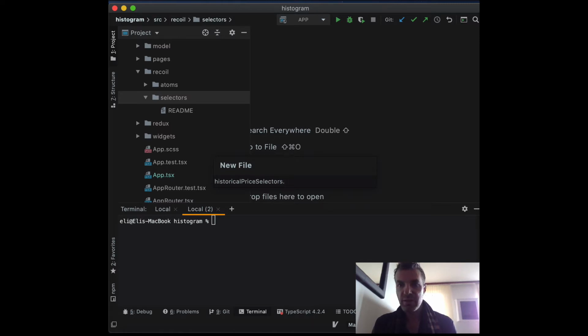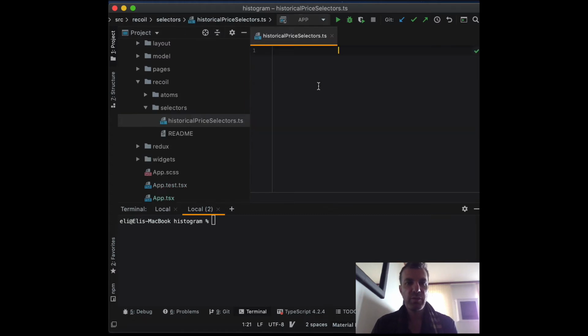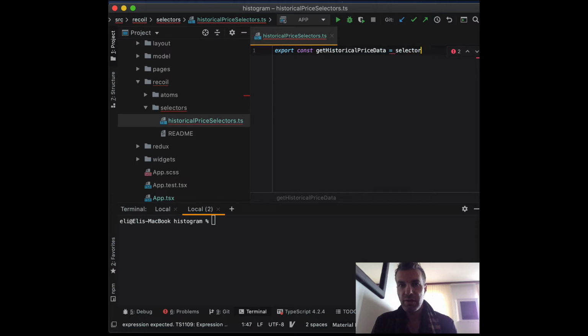I'm using selectors and not selector because you can put several selectors in each file, so it's a good practice. What we're going to do here is retrieve our data. In terms of Recoil, we need to create our function, and let's call it getHistoricalPriceData. It's intuitive, and we're going to use the selector from